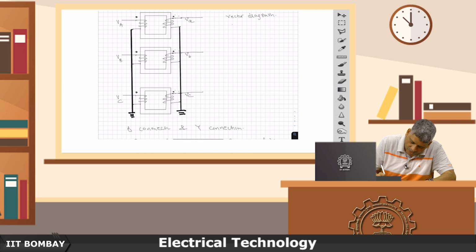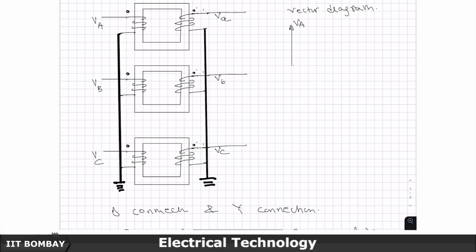So, let us say that I show this as V A, this is balanced 3 phase supply, V B lags 120 degree, V C equal in magnitude as V A and V B leads 120 degree, and let us say the turns ratio is n is to 1, and let us say it is a step down transformer. So, then